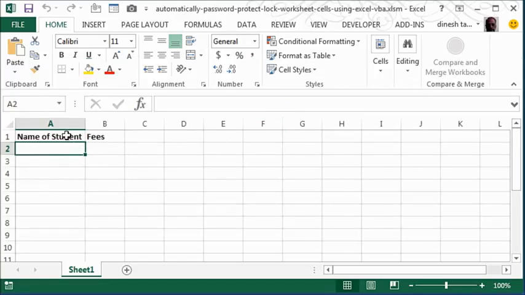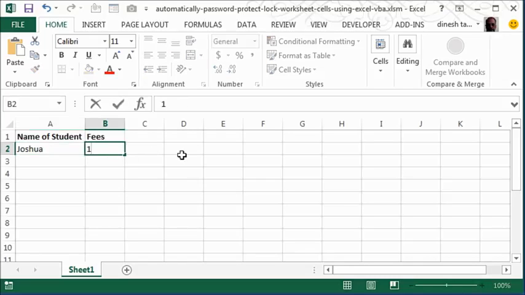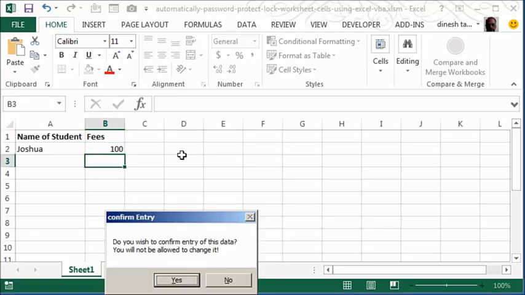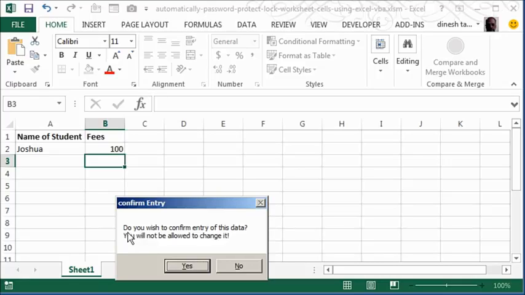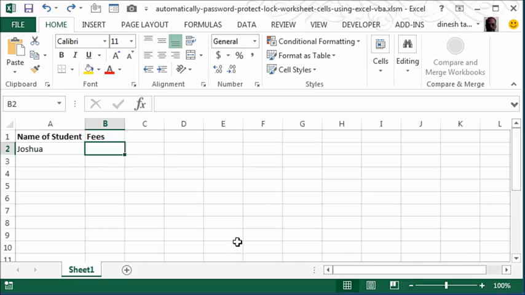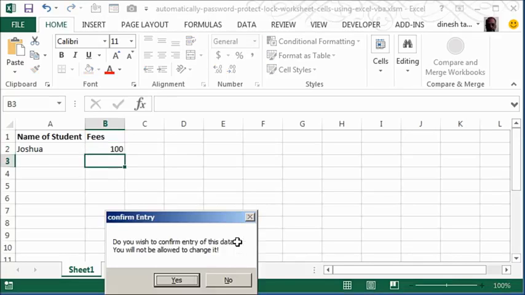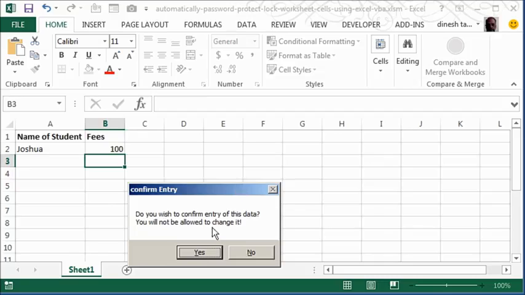Now here we have the headers: name of student, fees. So let me enter here a name. I enter Joshua, and let's say he deposits fees of 100 units, and I press enter. Immediately the entry operator is informed that he should confirm the data entry and he will not be allowed to change it. If he says no, this will become blank. Just watch. Now if he again enters the data, presses enter, he again gets this message, and if he says yes,